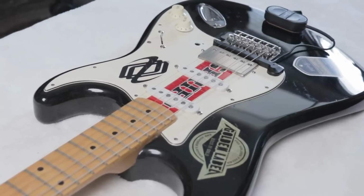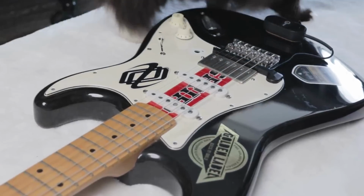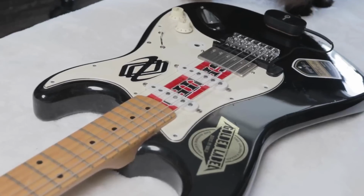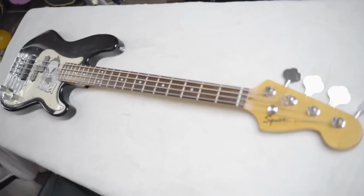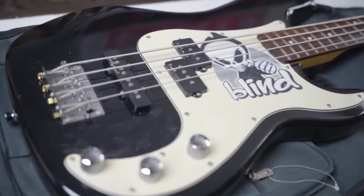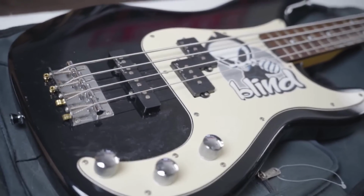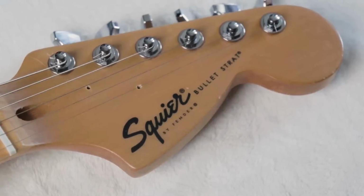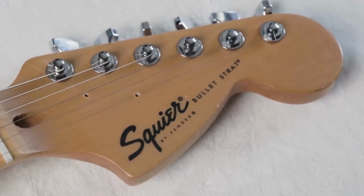The one that I have, black HSS with a maple board, wasn't even a thing, according to Fender, especially not with the full thickness mahogany body it appears to have. And I've also got a Squier Bullet P bass with a rosewood board and a 3 pickup configuration that also apparently was not a thing according to Fender, at least not in the United States. A lot of confusion over decades of the line, so they might have just been like, okay, forget it, full